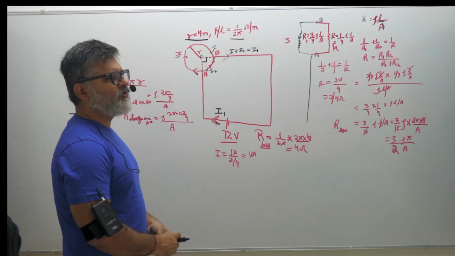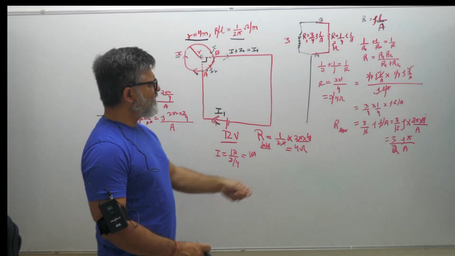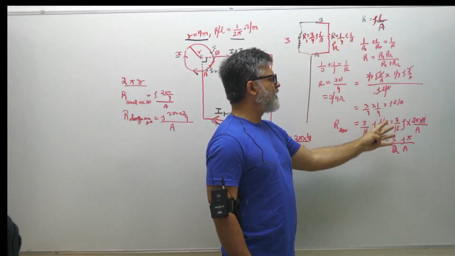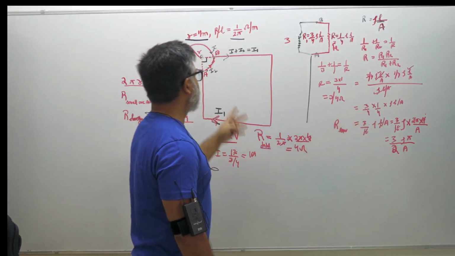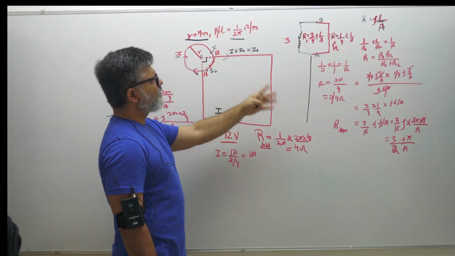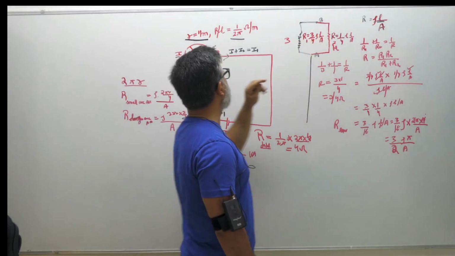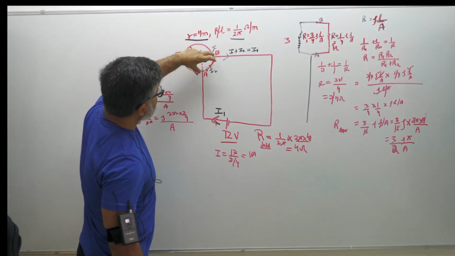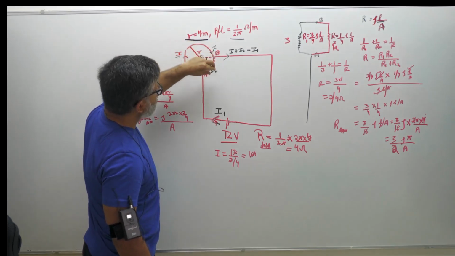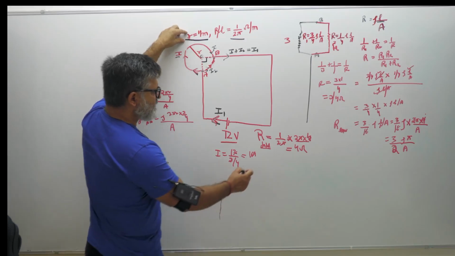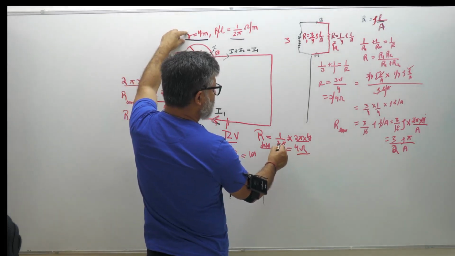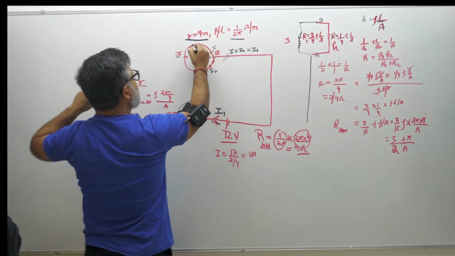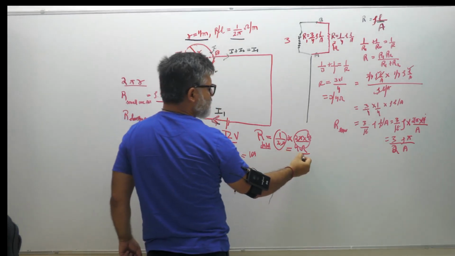So you have to think about the question. It was a very straightforward one, right? I just wanted to show you the working of what is going on, what is the total resistance. But you could have done it straight away also, where you know the ratio is coming out to be the length is 3/4 and this is 1/4. So the resistance of the upper part is 3 times the resistance of this part. The total resistance is coming out to be 4 ohms with this logic, the resistance per unit length multiplied by the total length. The total length is the circumference.